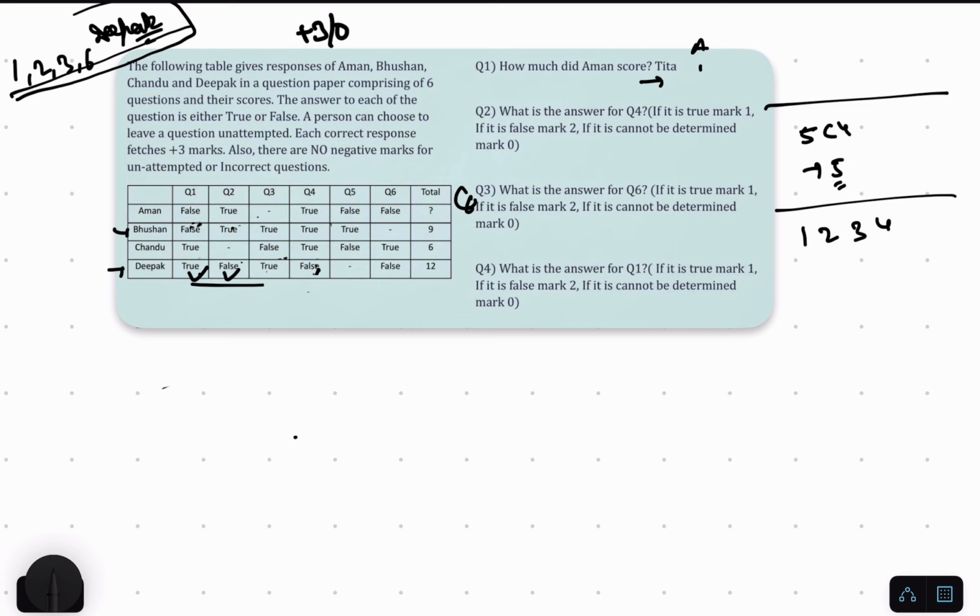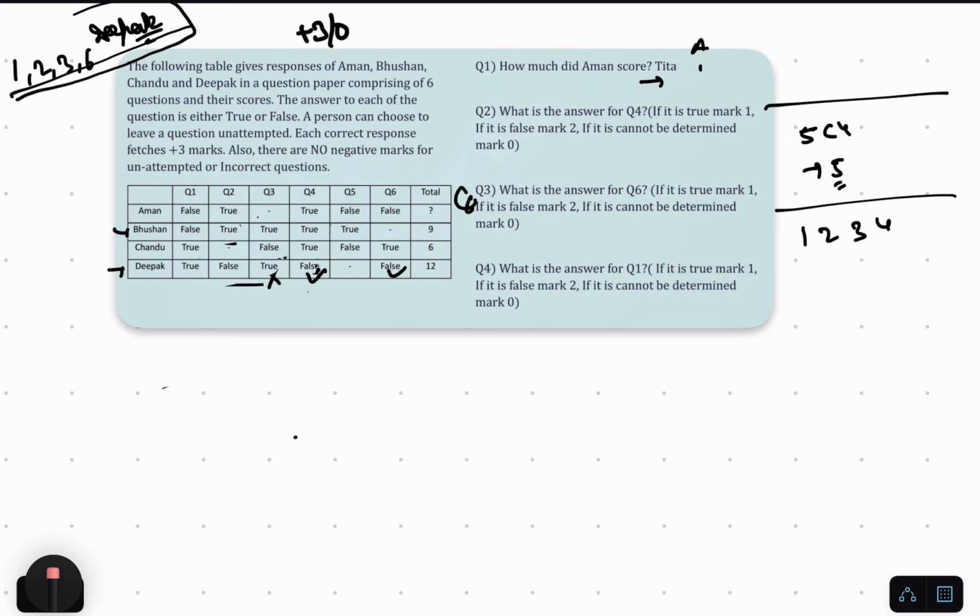Now 1 2 4 6 as correct and 3 as wrong. Okay, so in this case again check for Bhushan first. This is true, so this is wrong, this is false, so this is, sorry, this is false, no? So this is wrong. Now if this is true, this is also wrong. So now no need to check forward, because we got 3 crosses for Bhushan. Okay, so this case is not even possible. As soon as you get 3 crosses for Bhushan, immediately stop that case.